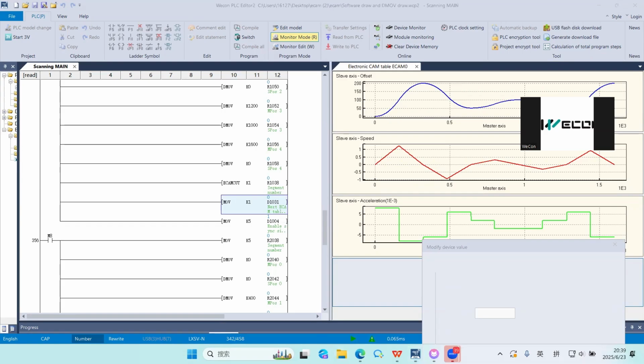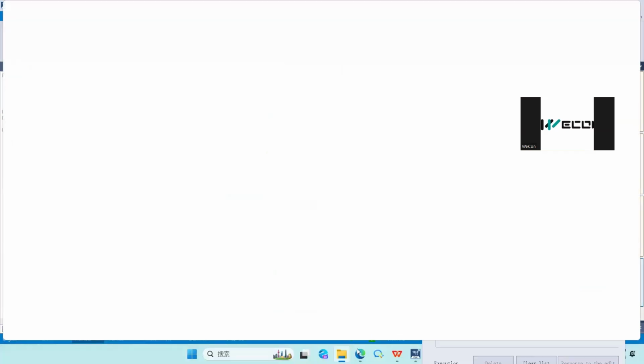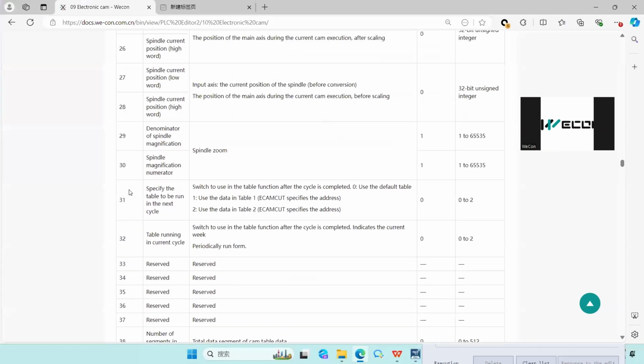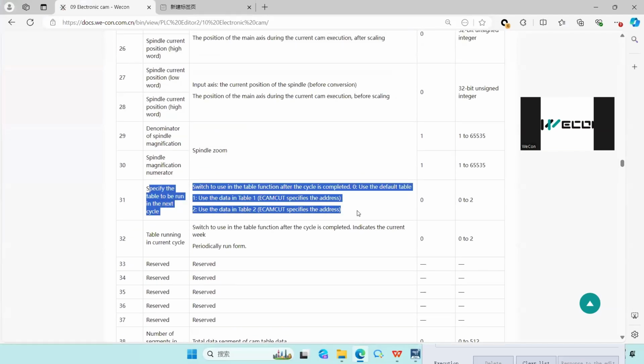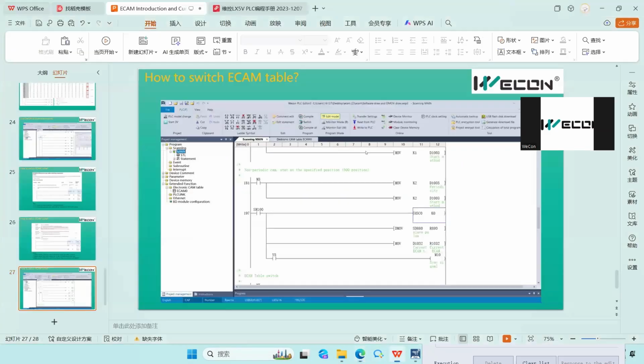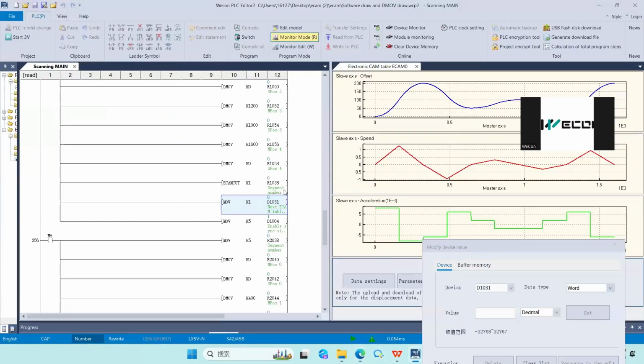D1031 is this one. This index I set is K1, so it means when the current cycle finishes, our next cycle will run table 1. And also I set K5 in